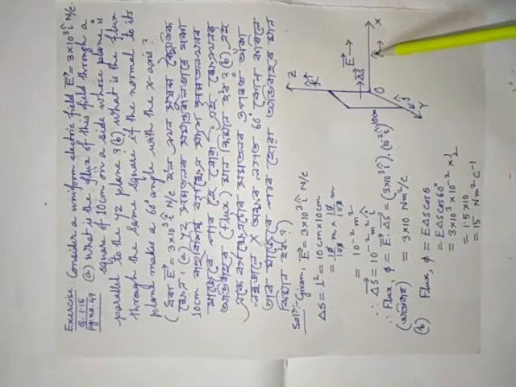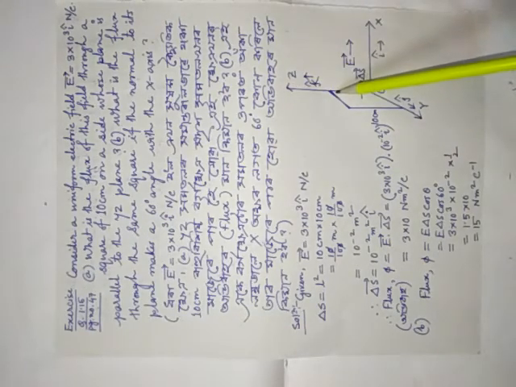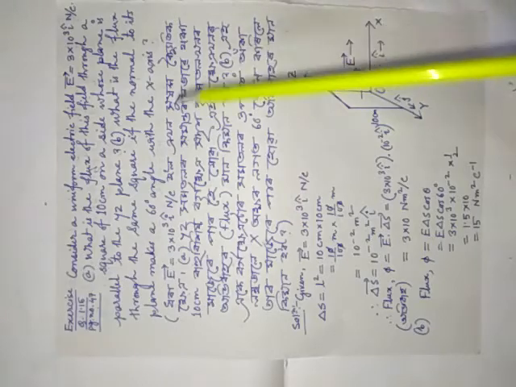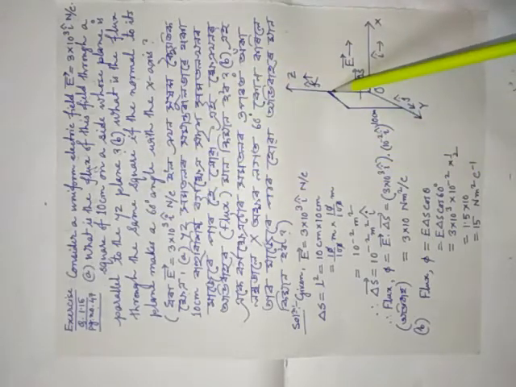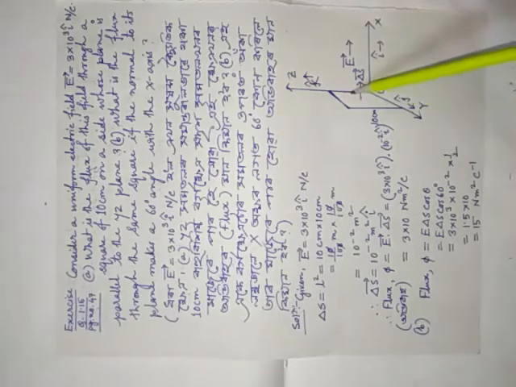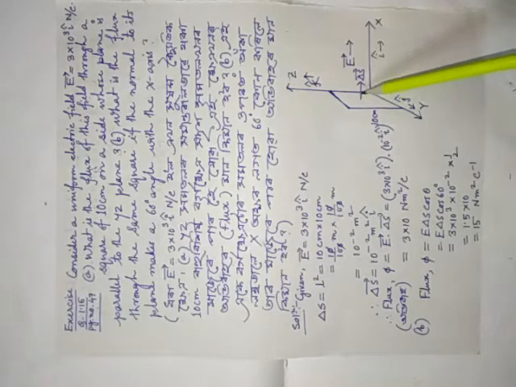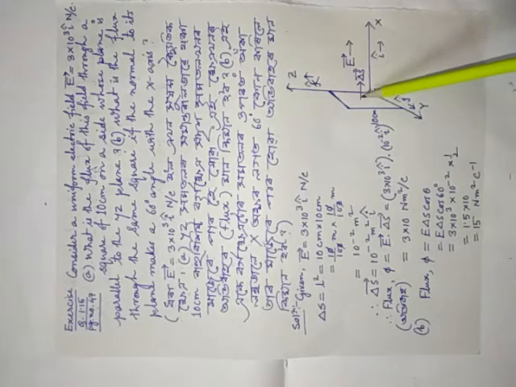Suppose this is the coordinate system. This is x-axis, this is y-axis, and this is z-axis. Since the plane is a square, and it is in which plane? It is written YZ plane. Suppose I have drawn it for simplicity. This is the plane which is along YZ plane. That means if you draw an area vector, I gave the concept of area vector, it is always perpendicular to the plane and it is outward.